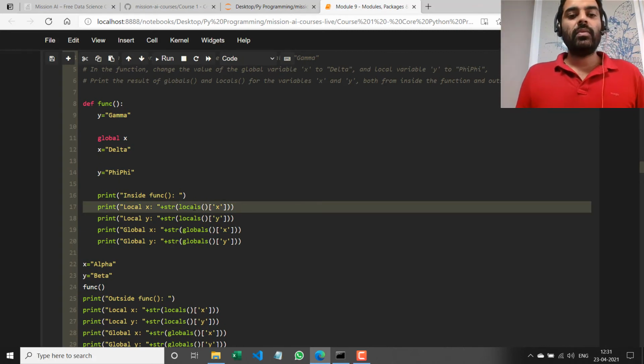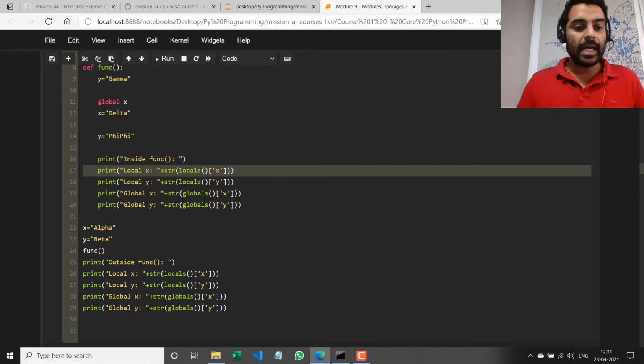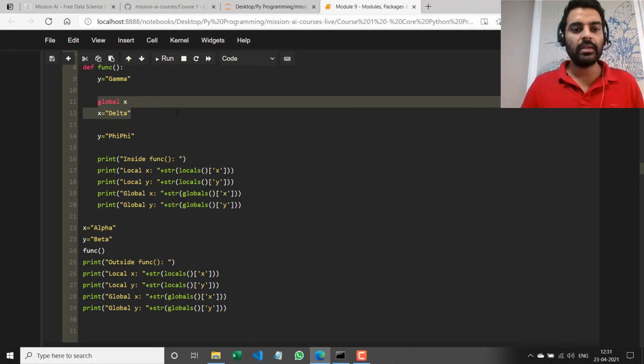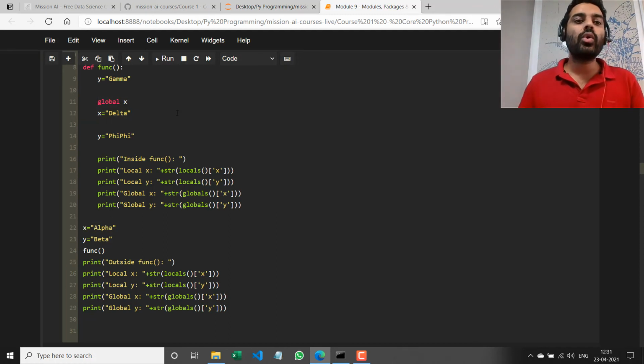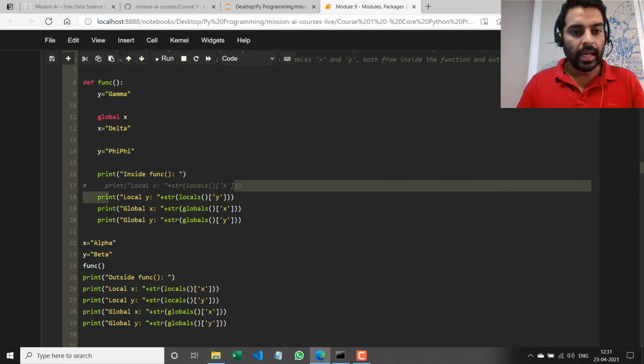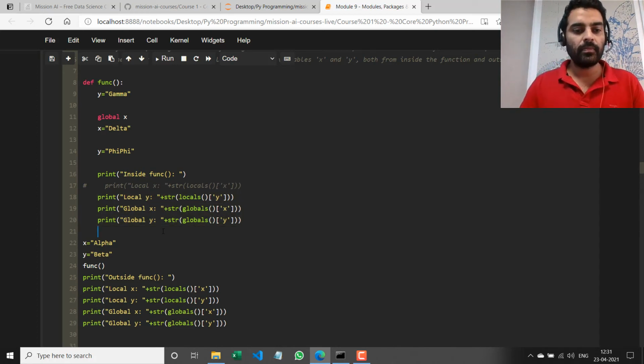So what happened here is I brought in this variable x from the global namespace into here to edit it. But there is no local variable called x. It's still the global variable, right? So there is basically no entry in locals that returns the value x. So I'm going to comment this out, right? There is only a local copy of y and also a global copy of x and y. So if I run it now,